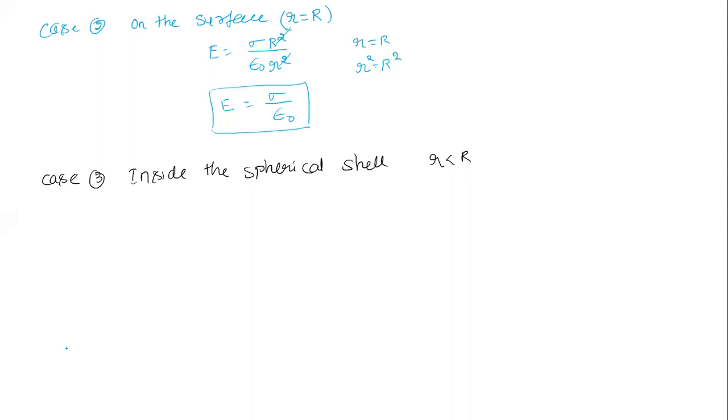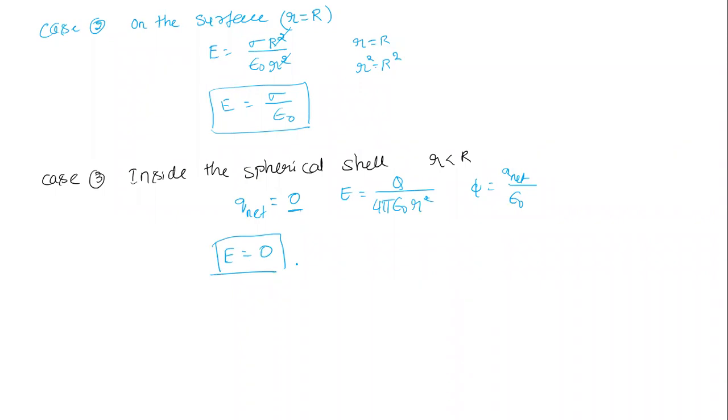So the net charge inside is how much now? It is 0, so the electric field becomes how much now? From which equation? Like the one we proved, Q by 4 pi epsilon naught r square. From Gauss law, flux equals Q net by what now? Epsilon naught. Q net is how much? 0. So I can say directly the electric field is 0 inside.